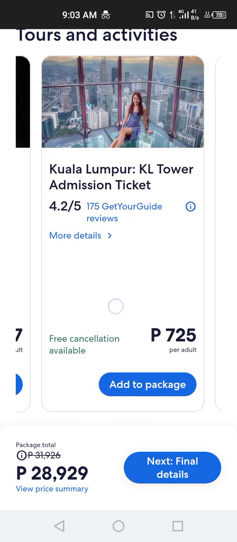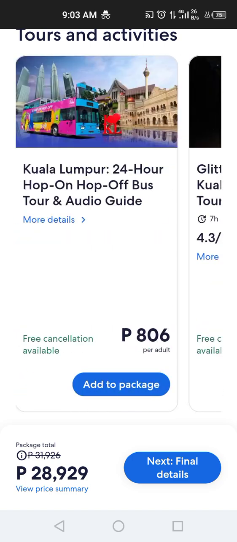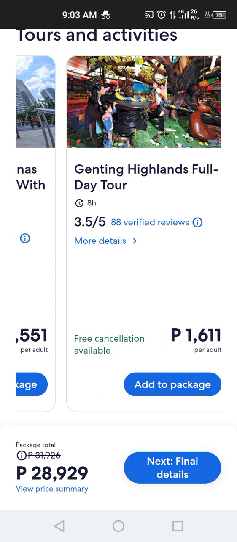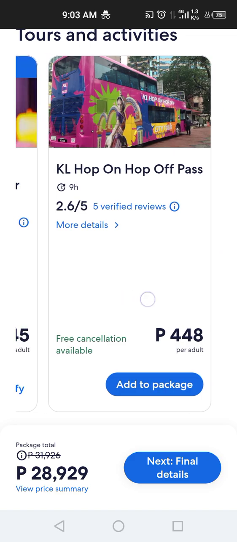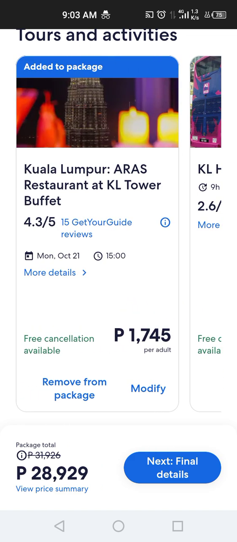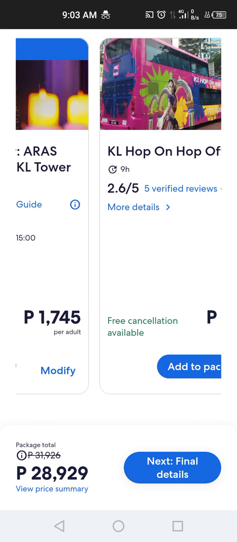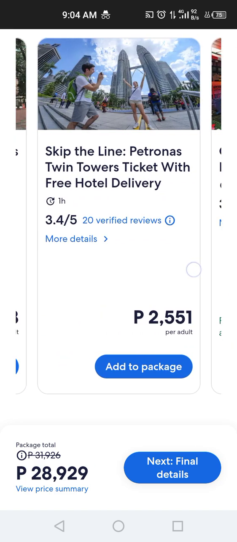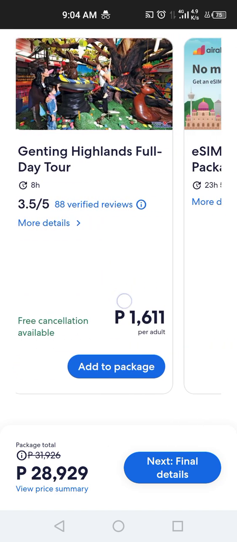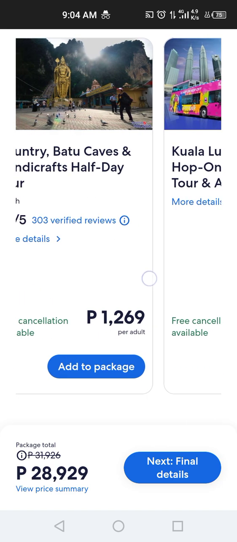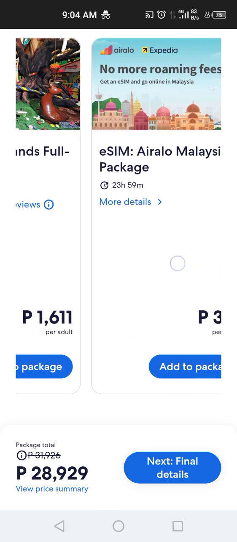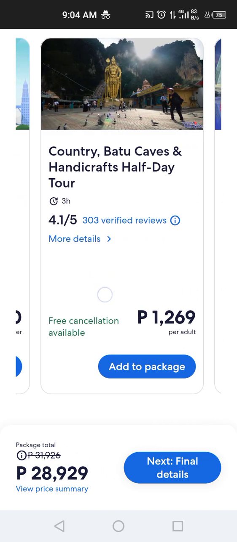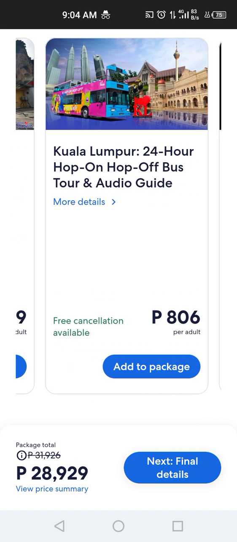Let me check the availability time. So also if you're gonna pick an activity, there are some details that you need to know. There are times that they do also have, like this one, 9 hours, 1 hour, and 8 hours, 20. It's a full package tour. Okay, that's 3 hours.